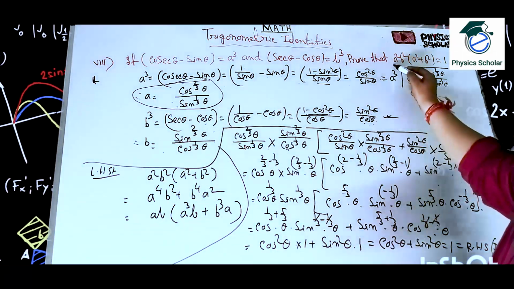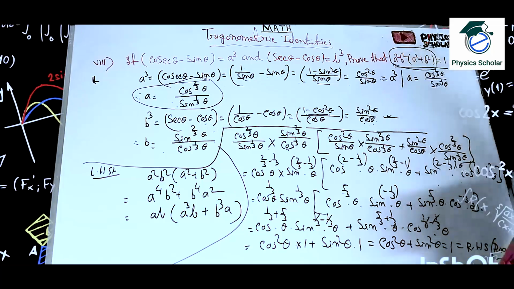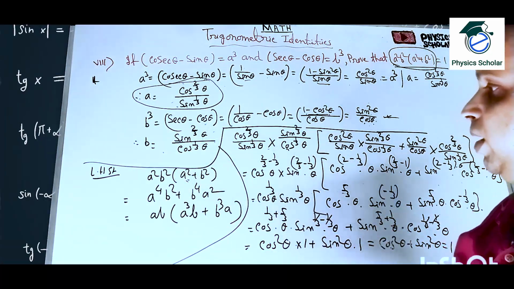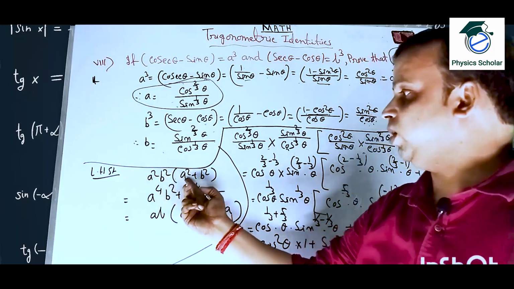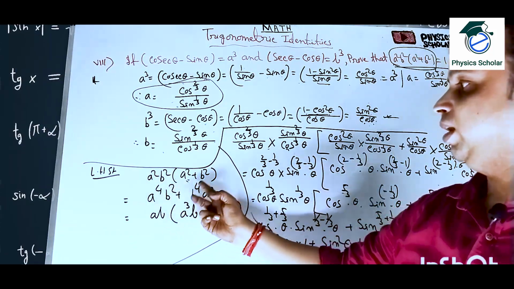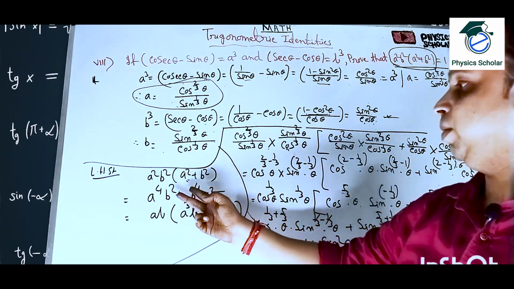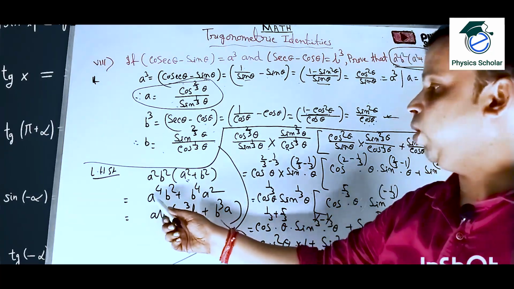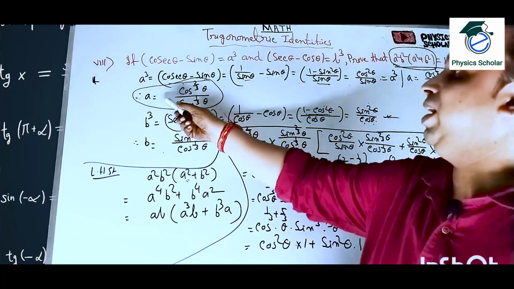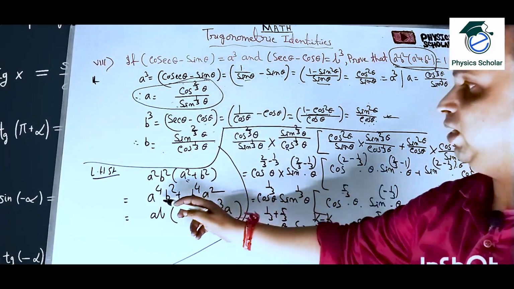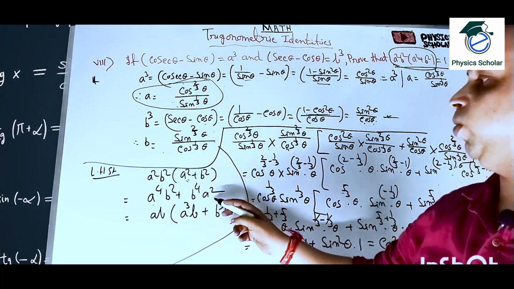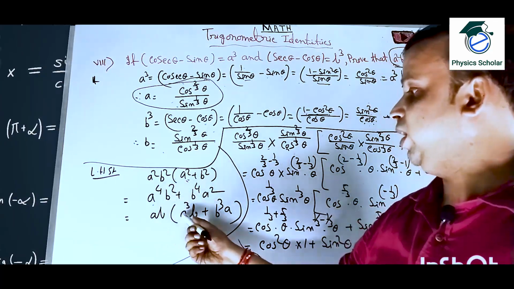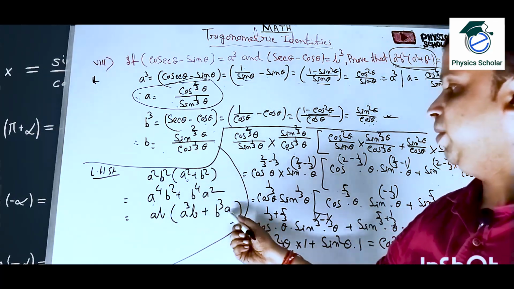Now we have to write this one as the left hand side. So what is there? A square b square into a square plus b square. Okay. Now we are multiplying: a square b square into a square means a to the power 4 b square, plus a square b square into b square means b to the power 4 a square. Clear? Now a b common. Why a b common? Because we know the value of a and b and a cube and b cube, but it is in the form of a to the power 4 b square and b to the power 4 a square. Clear? So that's why we have taken a b common. So it is a cube b plus b cube a.